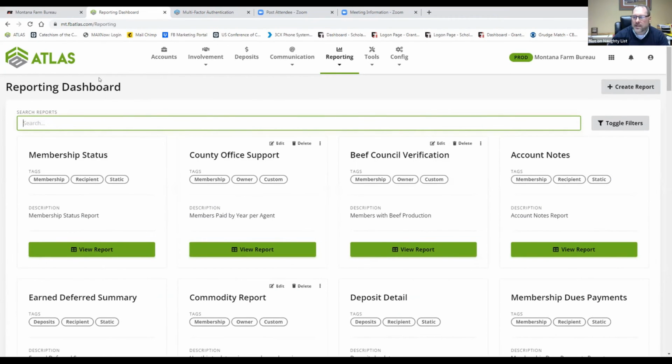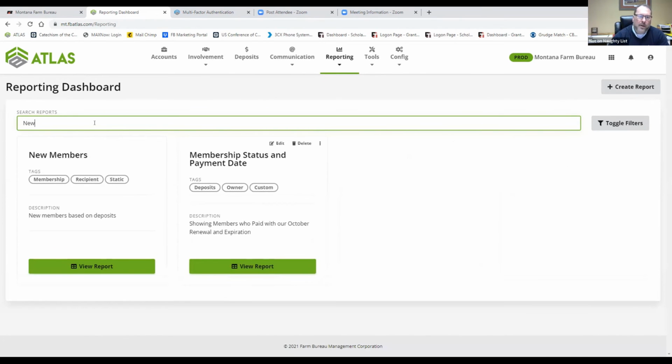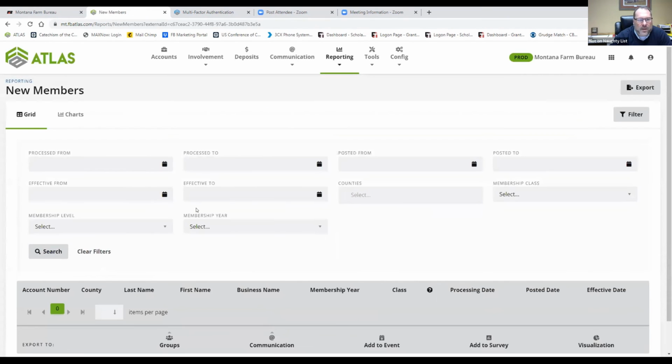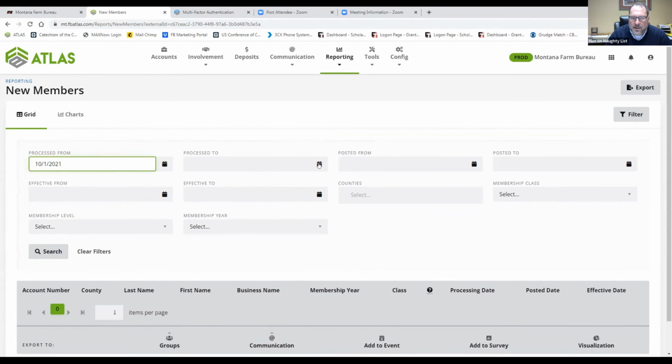And at any point, if you don't see what you're looking for, or you want quick access, I can just start searching, and it's going to show whatever report for whatever I search for. So in this case, I'm going to search for new, and I want to look up new members. So all I need to do is put in a date of when they were processed, and basically that means added to the database. So if I want to find any new member from any county Farm Bureau who started as of October 1st, and then maybe today's current date, you can see that I've got enough right now that I could do my